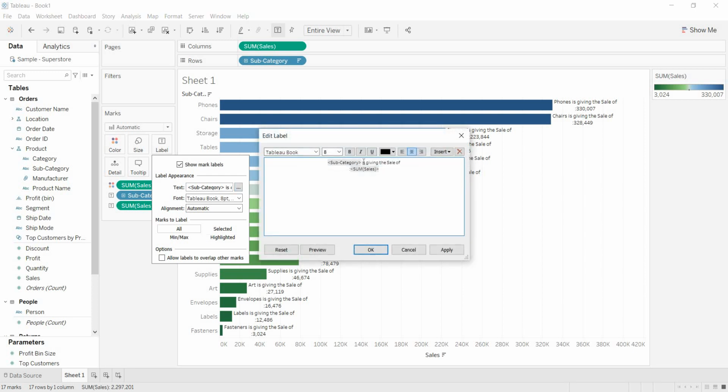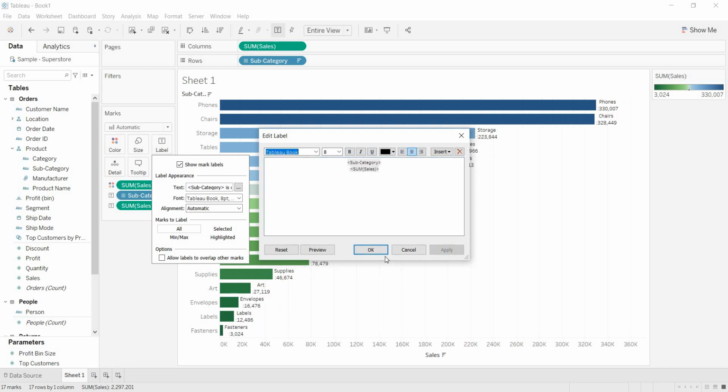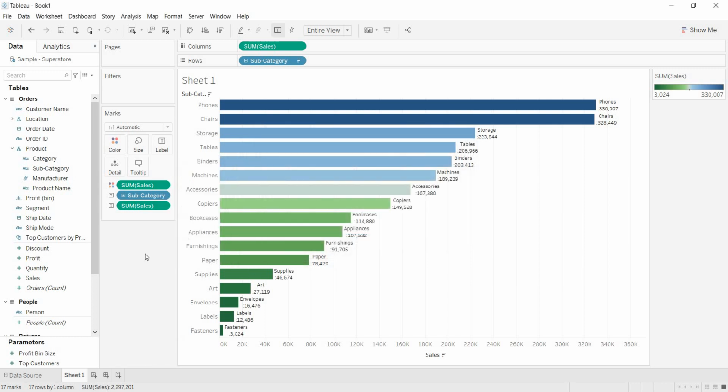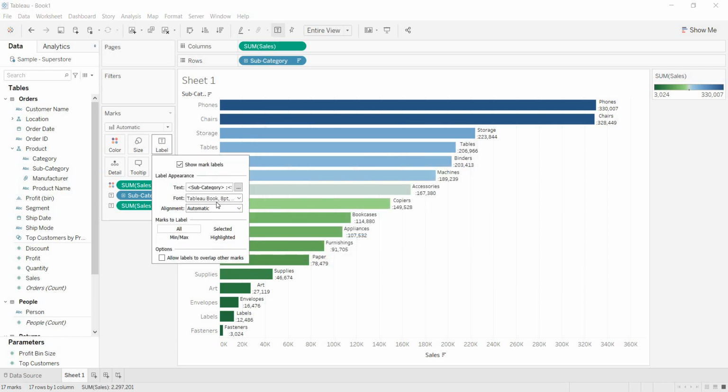See, in any manner you can change these labels. As of now, we will take off this static message and see. Now phones and the value. So this is one modification. See, just go and explore these options, and see what you will get with the options that are offered here.